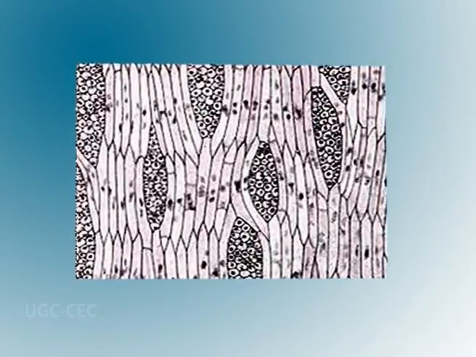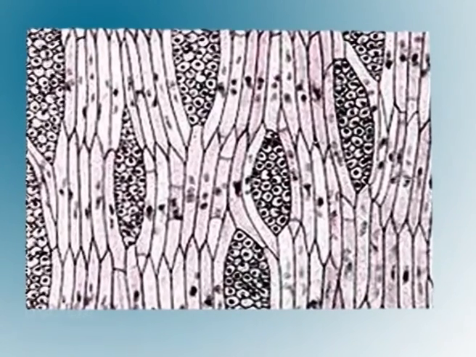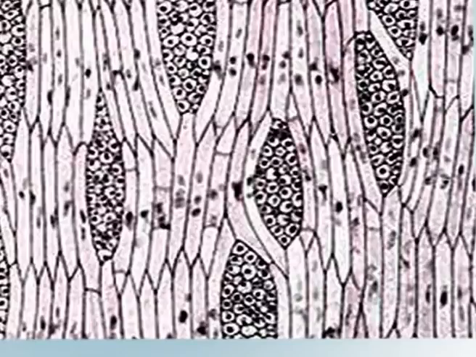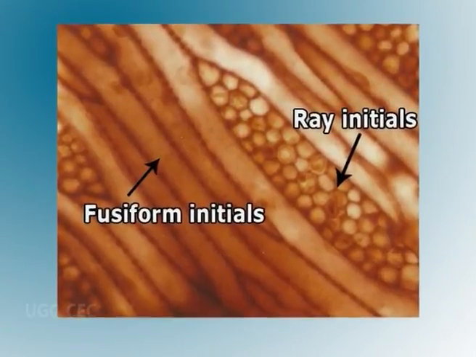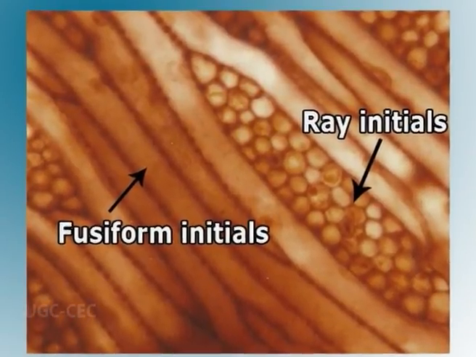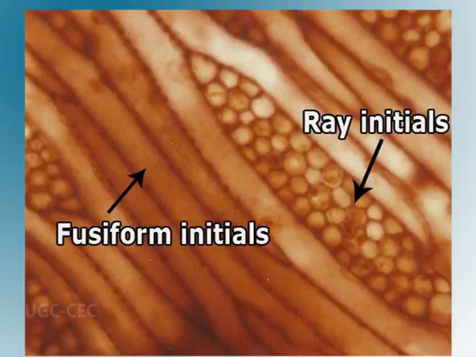Although the nuclei of the fusiform initials may be markedly larger than those of the ray initials, their volumes do not increase in proportion to the cell volumes, so that the ratio of nuclear volume to cell volume is much smaller in the fusiform cells. The fusiform initials show a wide range of variation. Some of these variations depend on the plant species. Fusiform initials vary in length within species, partly in relation to growth conditions. They also show length modifications associated with developmental phenomena in a single plant.